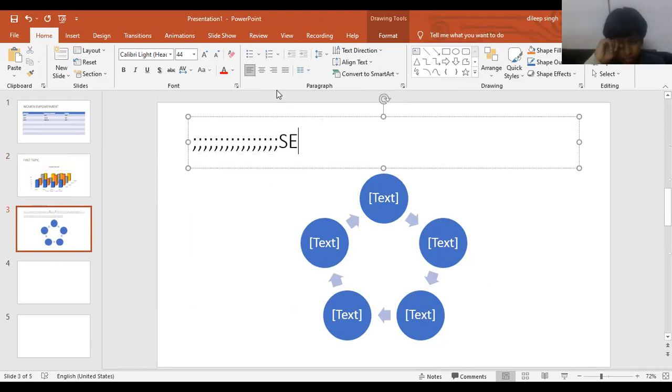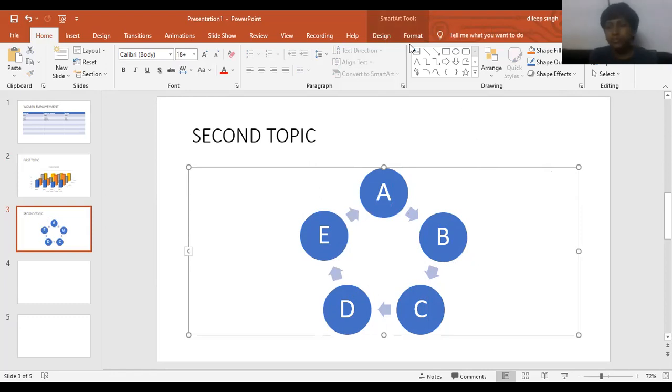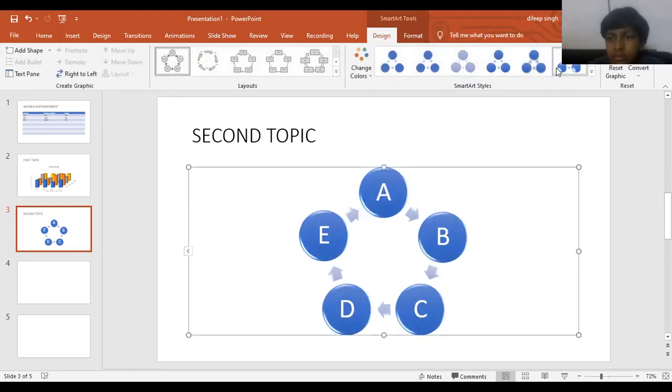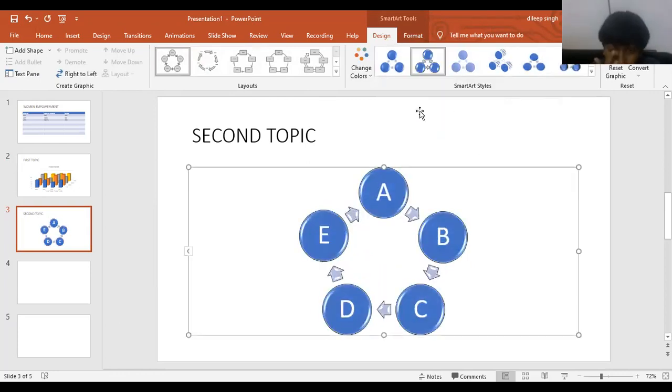That is second slide topic. And here you can click on this and we just added the particular section or values A, B, C, D, and E. And if you want to change the format, I have already told you, just click on design and you will get the different types of design like this. And after inserting these types of format, if you want to change the color, just click on this, you will change the color like this.